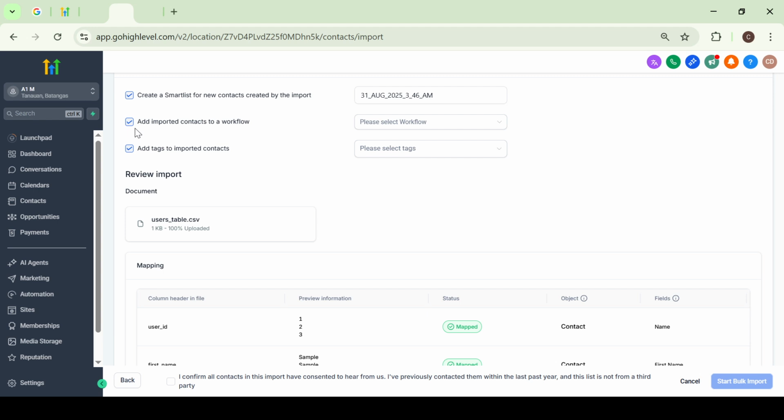You can rest easily, knowing that your contacts are now integrated into your system, ready for you to manage, reach out to, and nurture in whatever way you choose. And there you have it, an efficient way to manage your contacts through Go High Level, setting a solid foundation for your customer communication and